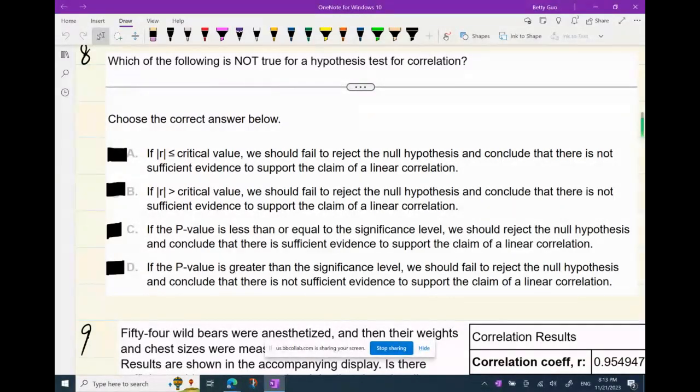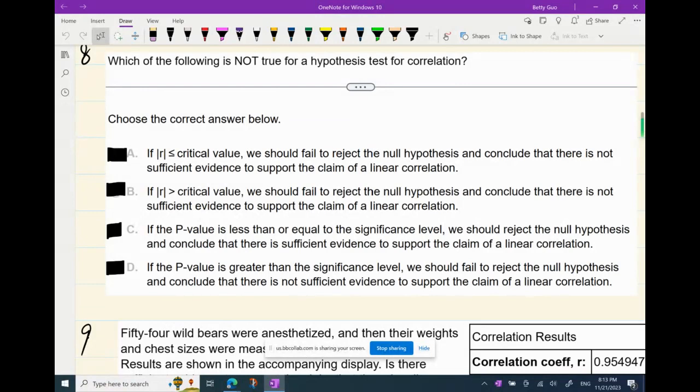B: when the absolute value of r is bigger than the critical value, we should fail. Okay, that one is incorrect. All right, guys, we should choose B, B as in banana. That's incorrect. When the absolute value of r is bigger than the critical value, we should reject null and support the existence